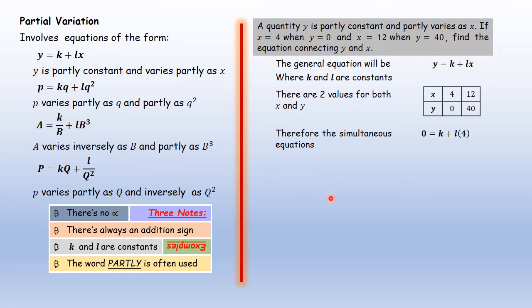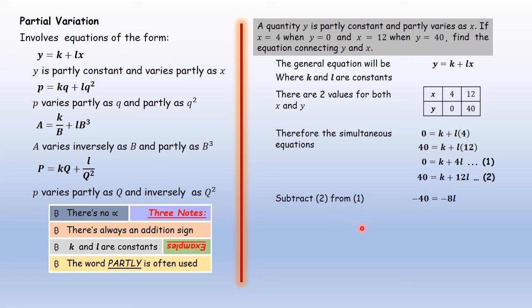Now, the simultaneous equations would look like this. The first one will come from this equation here, replacing the value of y to be 0 in this general equation and x to be 4 in that general equation would have this kind of a thing. Again, replacing the value of y to be 40 in this general equation and the value of x to be 12 in the general equation would have this kind of a thing here. And therefore, the simultaneous equations are this one. 0 is equals to k plus 4l, and the other one is 40 is equals to k plus 12l. We need to solve them, and therefore I'm going to subtract the first equation from the second one,